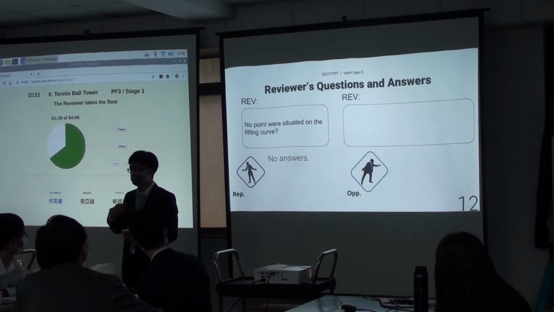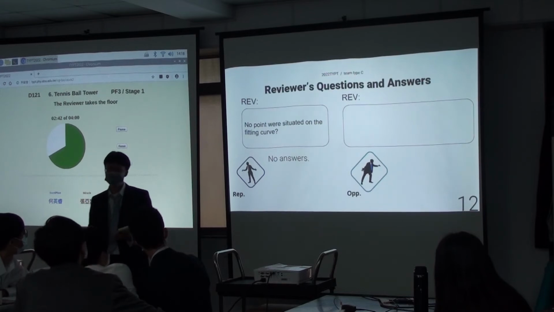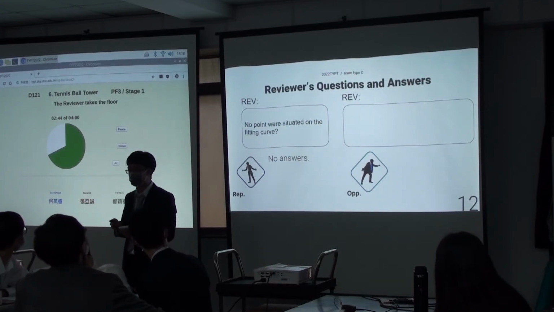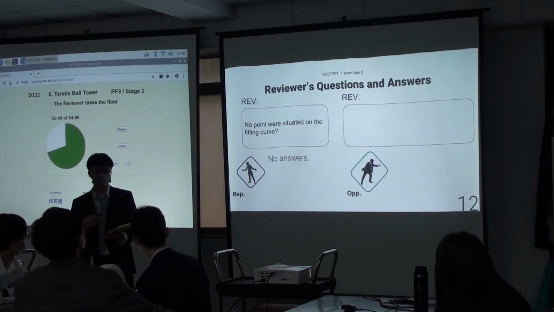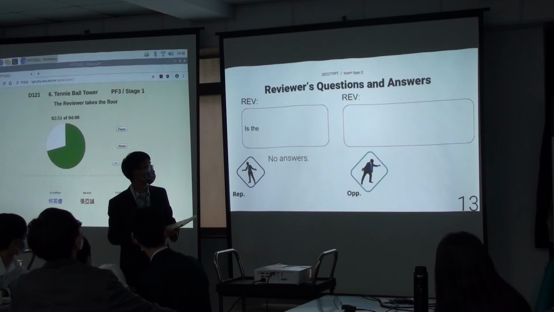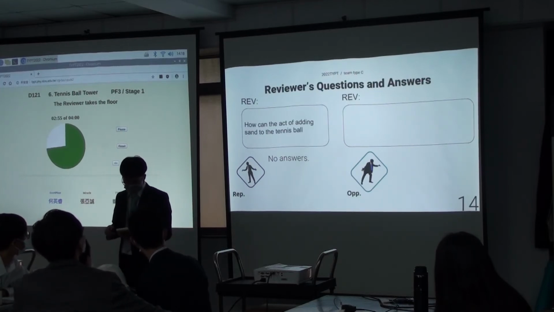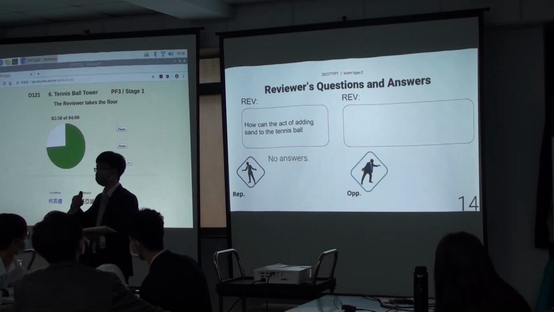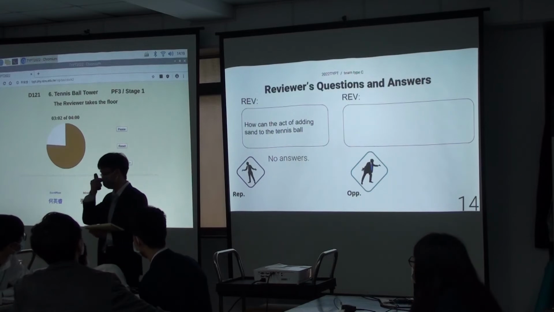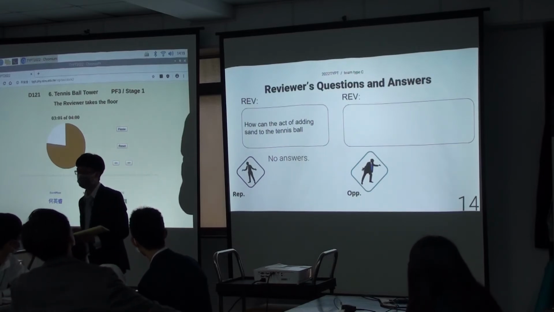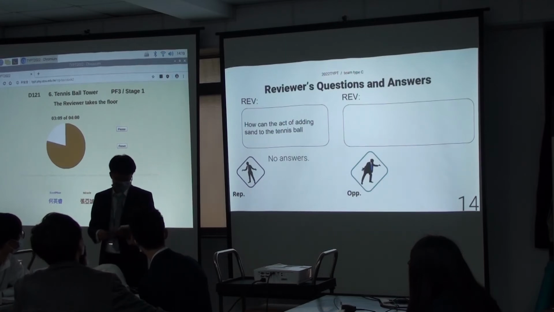And so, in the discussion between me and the reporter, I asked why there were no data points that were actually on the fitting curve, to which the reporter did not give me a clear answer. And also, I asked how they changed the coefficient of friction, because I did not hear this part clearly, and they answered that they changed the surface material of the balls. And I think this is a pretty good answer to my question. And also, I asked,